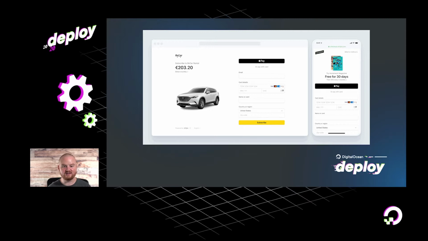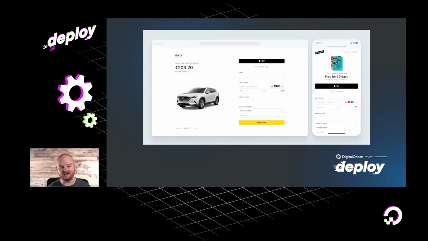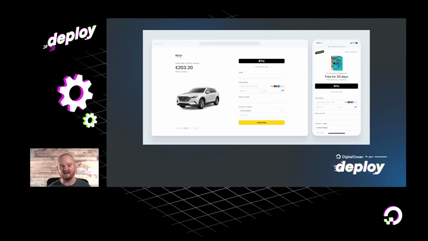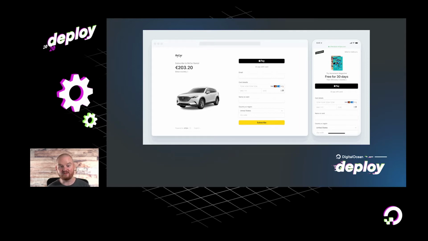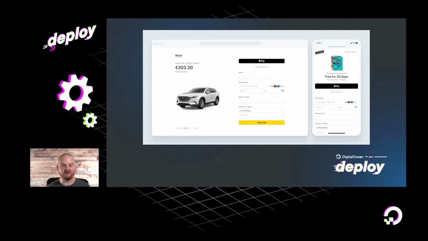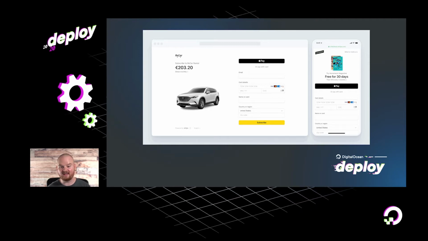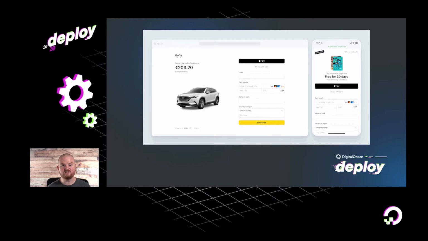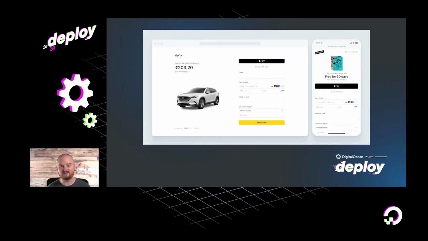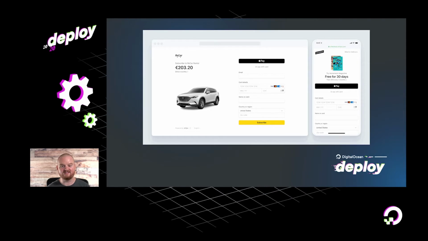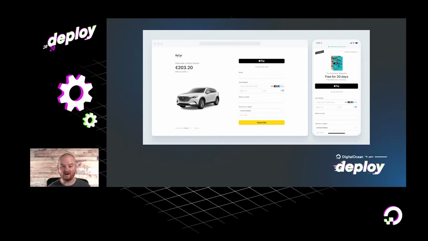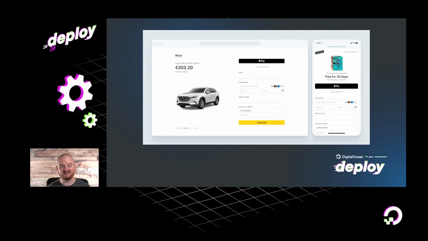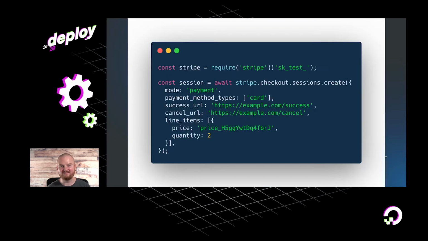Stripe Checkout is awesome because it's optimized for mobile and supports mobile wallets like Apple Pay and Google Pay. It's localized in over 25 languages and you can customize it for your brand. It can be used to take a one-time payment, as we'll see today, or to start a subscription to collect payments on a recurring basis. Checkout's also the quickest way to start taking payments in a conversion-optimized way.